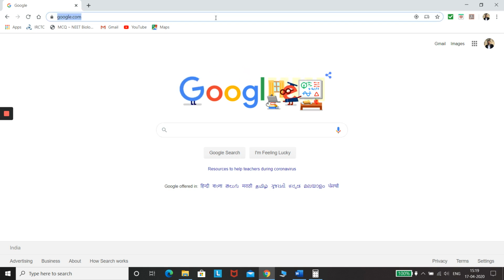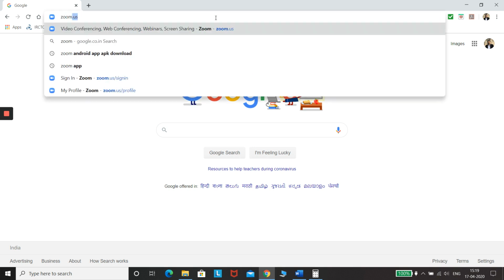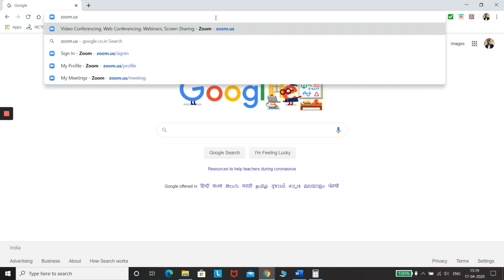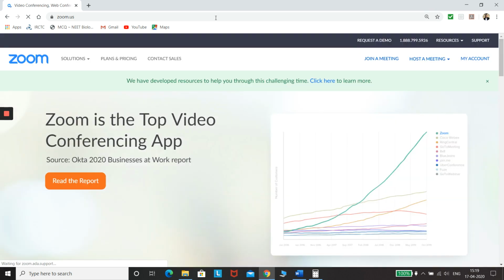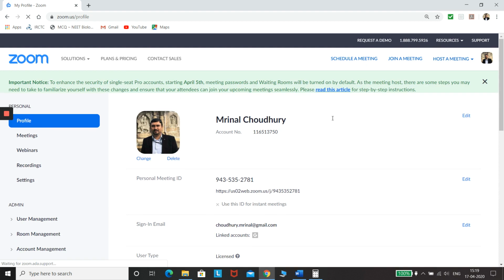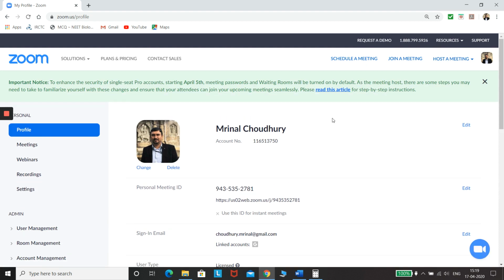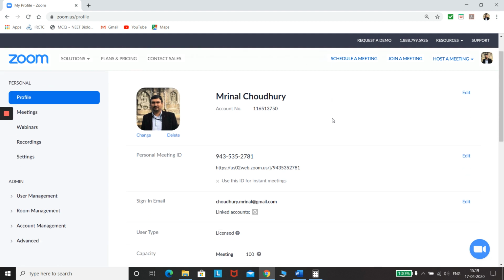So this is my browser where I am going to the website for Zoom, that is zoom.us. Since I was already logged in, my logged in account is directly coming here. So this is my account.